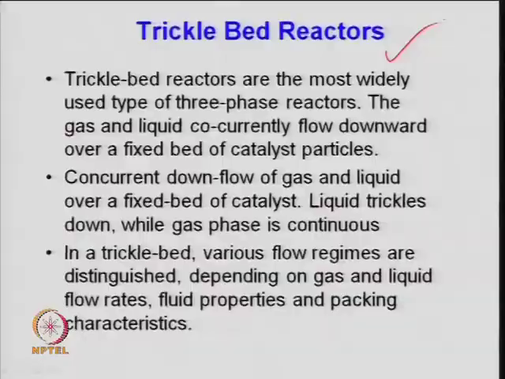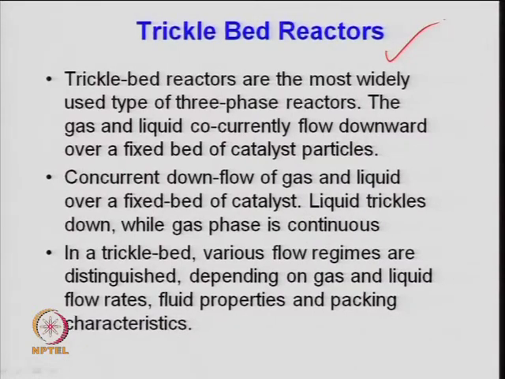So, you will have a kind of gradient, concentration gradient, temperature gradient, and if this gradient exists, then there will be mass transfer resistance, heat transfer resistance. So, these are some issues which need to be addressed when you look at a trickle bed type of reactor. Let us talk about the trickle bed reactor, because this is one of the important reactors used in the refinery and petrochemical industry, and also for advanced oxidation or wastewater treatment.